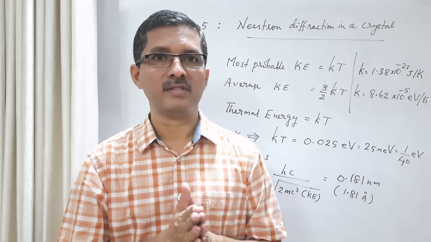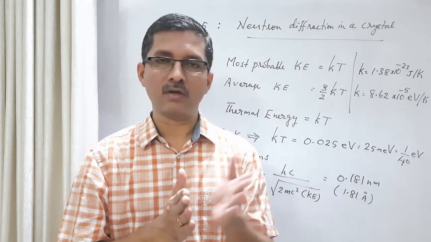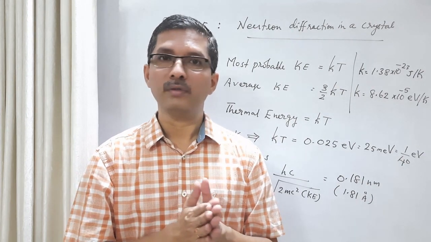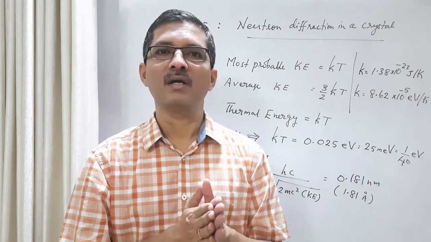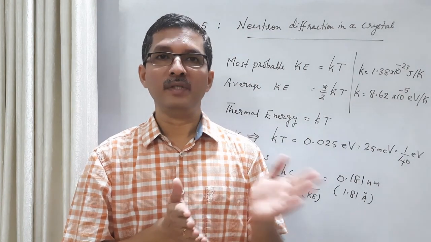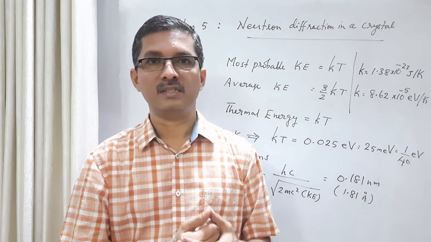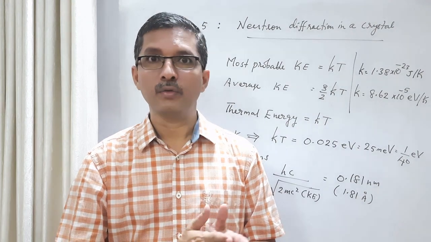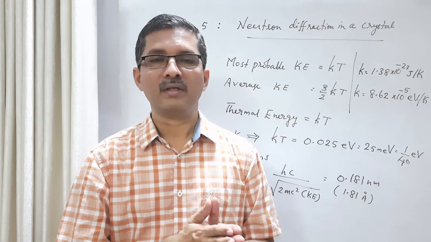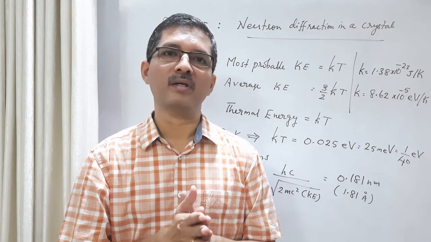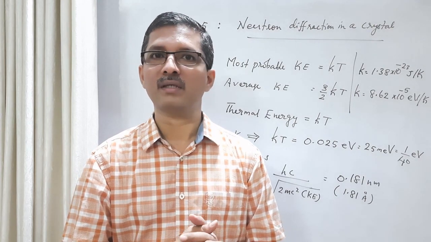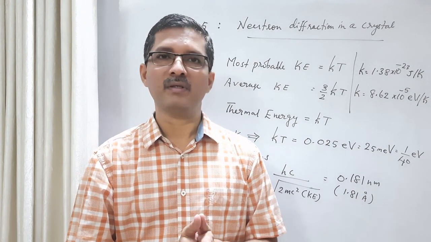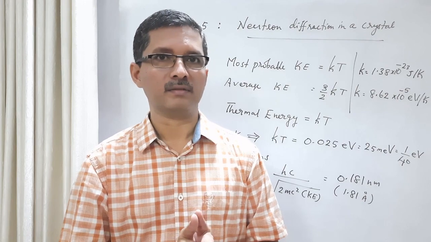In 1927, Davisson and Germer in the USA, in New Jersey, at Bell Telephone Laboratories, and G.P. Thomson, who was J.J. Thomson's son, at I think Aberdeen University in Scotland, these two separate groups independently obtained results confirming that electron waves can undergo diffraction in crystals. So we will look at the experimental proof in the next class. Thank you.